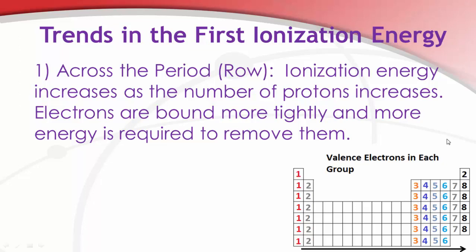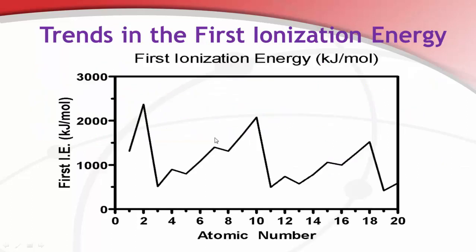Again, we can get insights into which electrons are held more tightly by how much energy is required to remove them. And so this is a graph of the first ionization energy in kilojoules per mole as a function of atomic number. At first it may look sort of random, but in fact it really isn't. So we see a trend upward across, going from hydrogen to neon, then a dramatic drop in ionization energy,